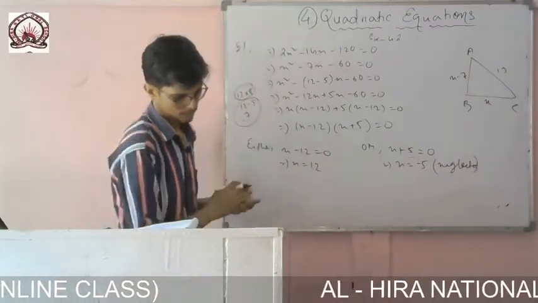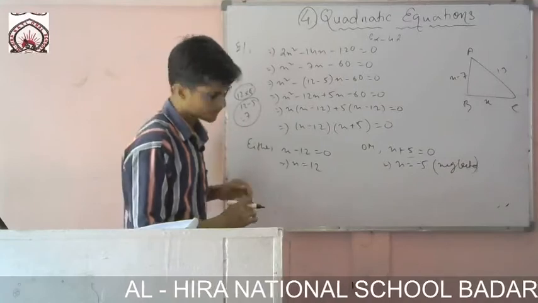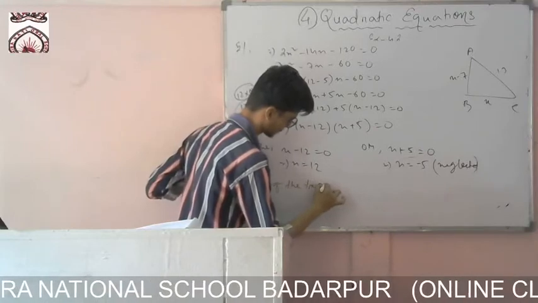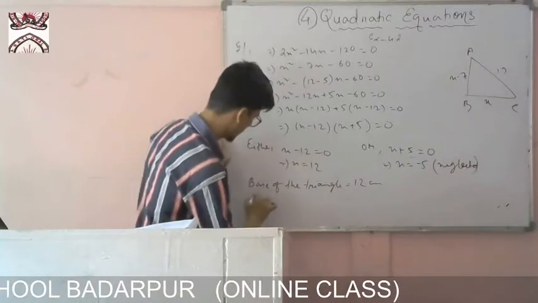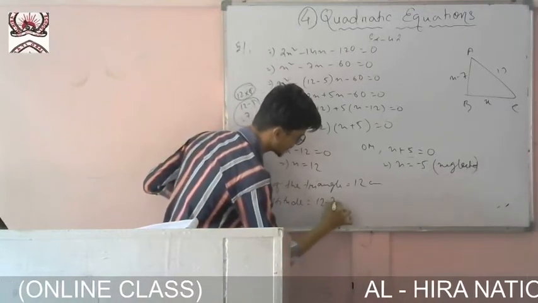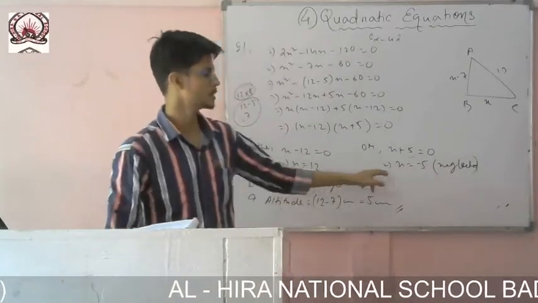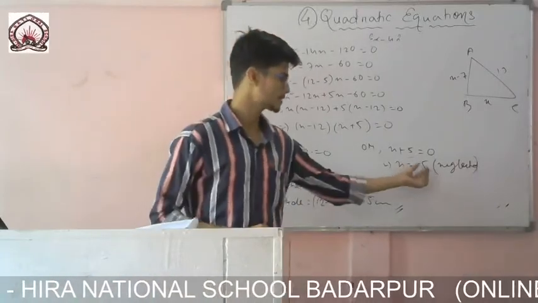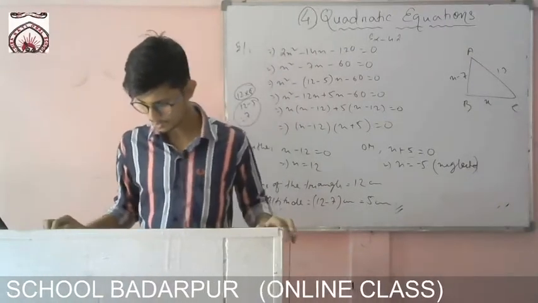So okay, so let's write. Therefore the base of the triangle is 12 centimeter. It is about centimeter, no? Yes. And altitude will be 12 minus 7 centimeter, that is 5 centimeter. This one we have neglected because minus sign is there, and when we are talking about length, then minus cannot be entertained. Okay, so we have to neglect it. So now let us move to the next question, question number 6.